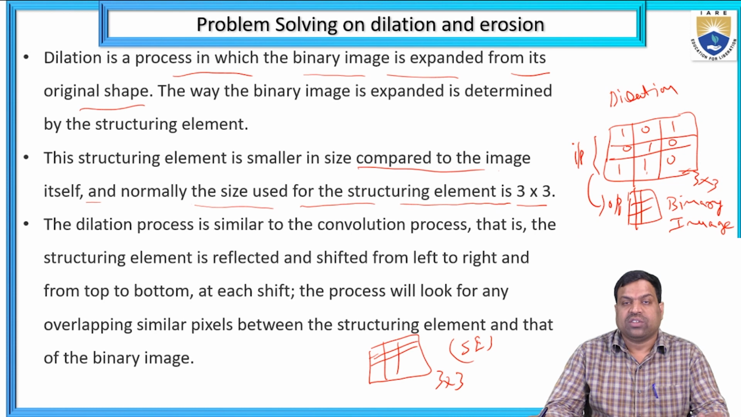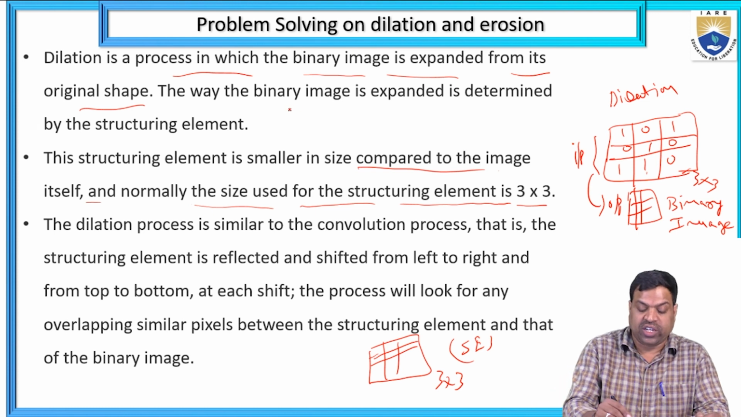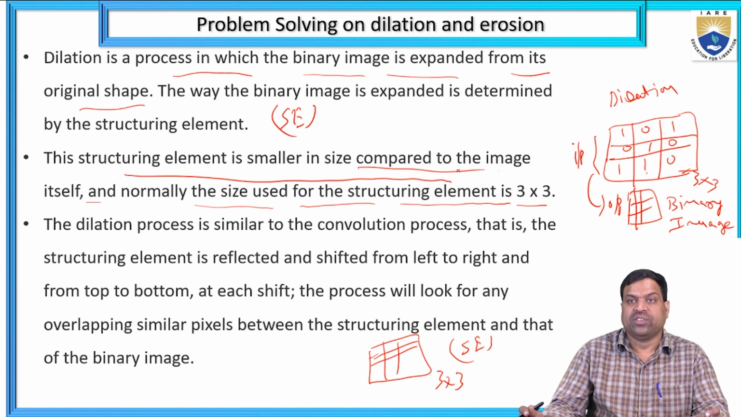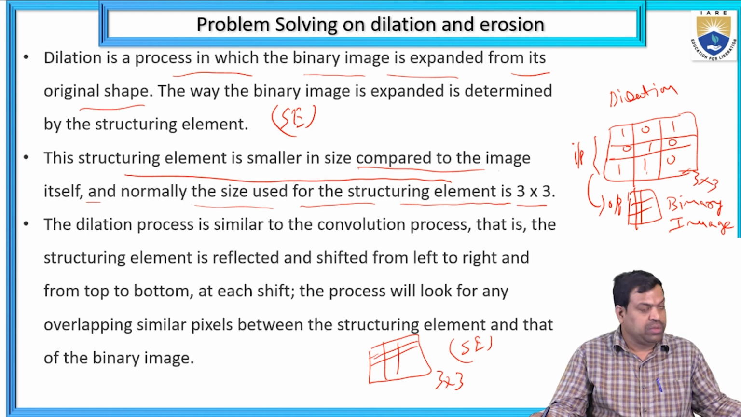So dilation is a process in which the binary image is expanded from its original shape, and the way the binary image is expanded is determined by the structuring element SE. The structuring element is smaller in size compared to the image itself, and normally the size used for the structuring element is 3 by 3. The dilation process is similar to the convolution process. That is, the structuring element is reflected, and it looks for any overlapping pixels between the structuring element and that of the binary image. So